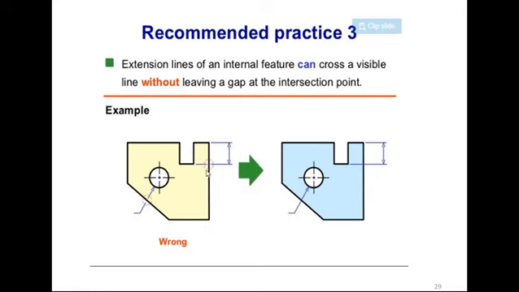Whatever extension line we have drawn, that must be a continuous one. So this is the wrong thing. The right thing we have provided here. See here, whatever lines are drawn here, these are continuous ones. Easily we have shown here. And whatever line is drawn for this diameter is also continuous. So always keep this line very continuous. So don't misguide anyone.